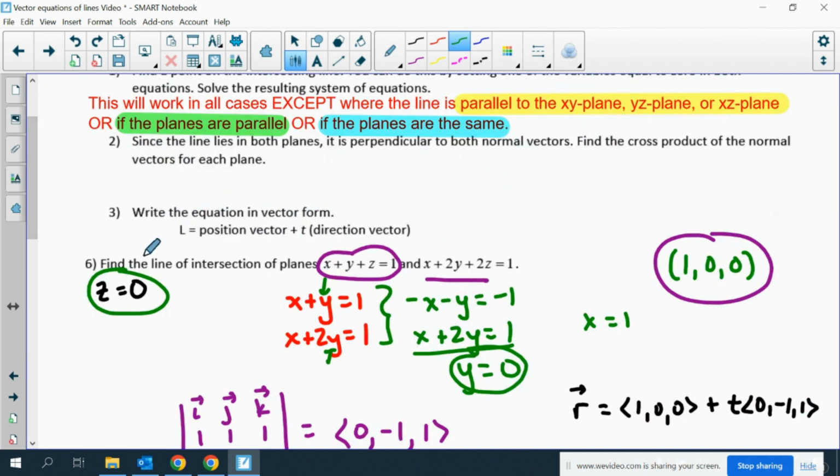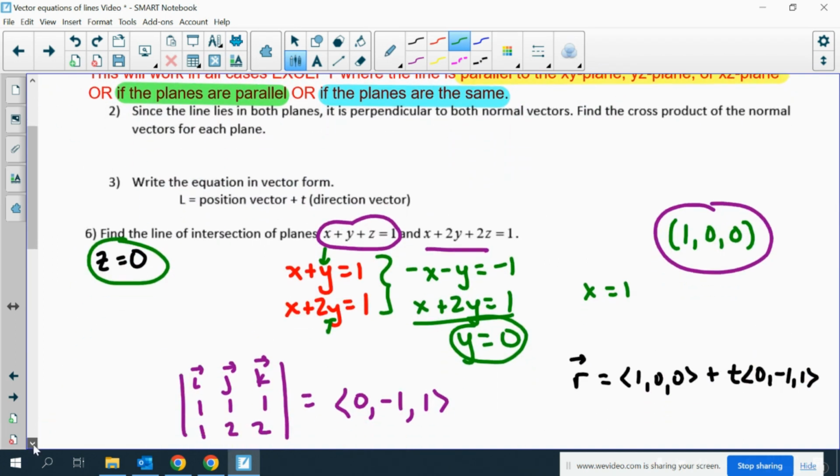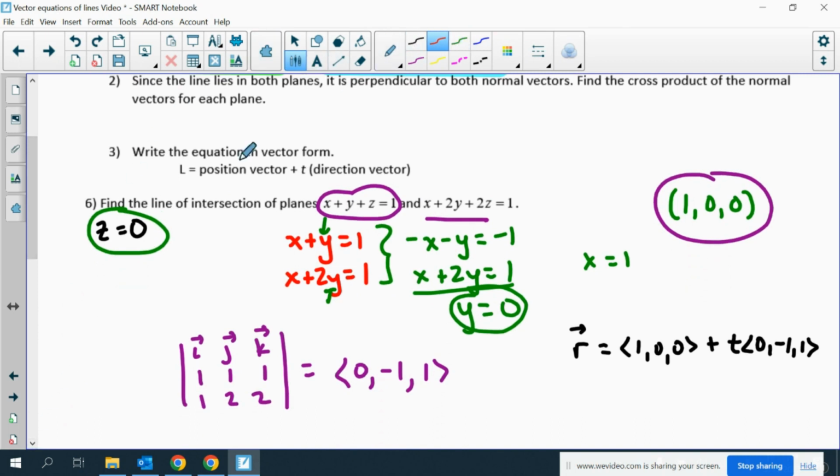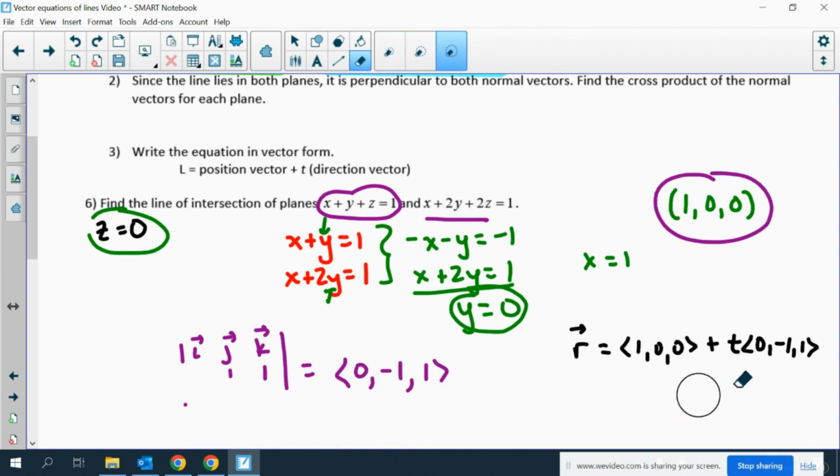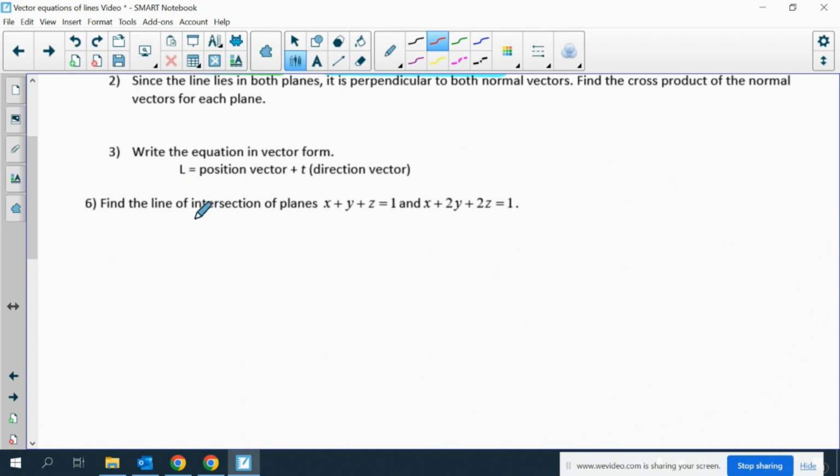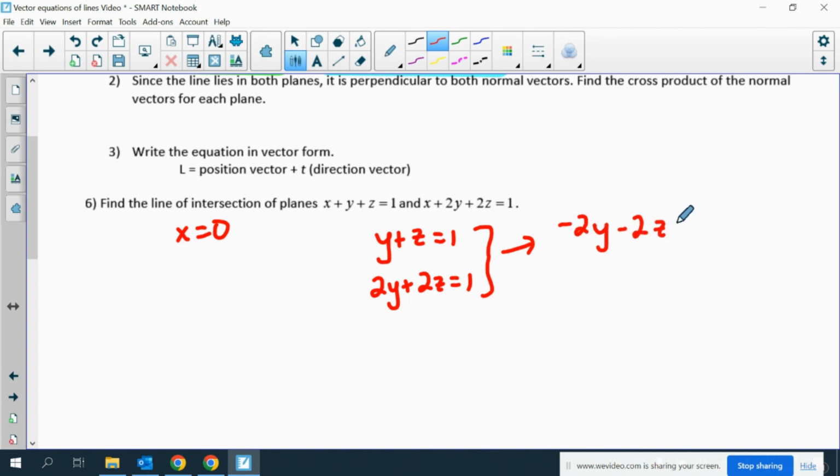One more thing to talk about is something that may motivate you to watch the other video. What would have happened if, on number 6, I didn't plug in z equals 0, but plugged in x equals 0? If I plugged in x equals 0 and tried to do it just like I did in number 7, I'd end up with y plus z equals 1 and 2y plus 2z equals 1. If I solve this system, I end up with negative 2y minus 2z equals negative 2, and 2y plus 2z equals 1. I'd end up with 0 equals negative 1,